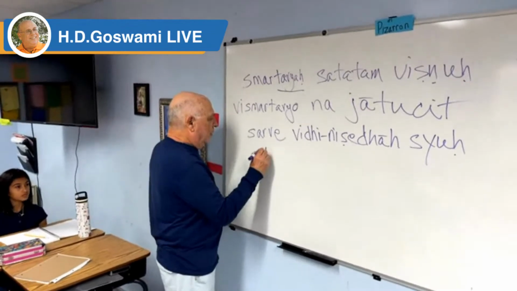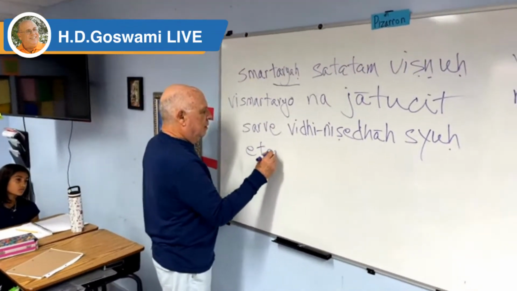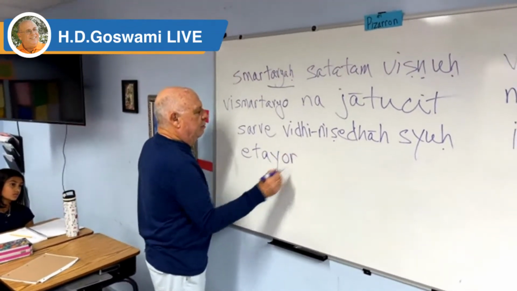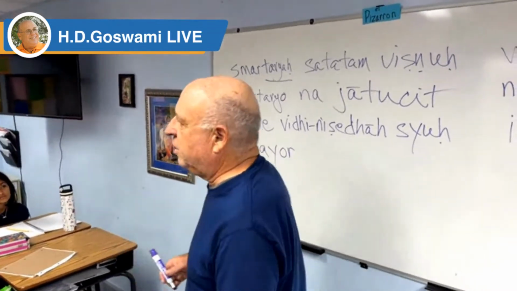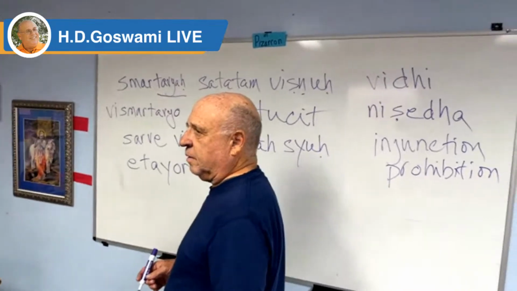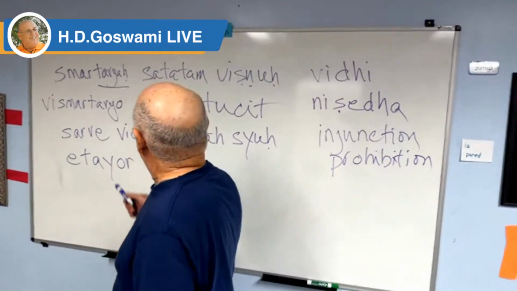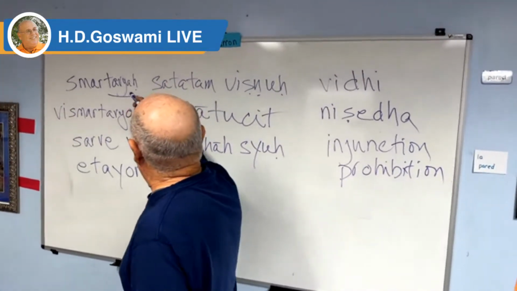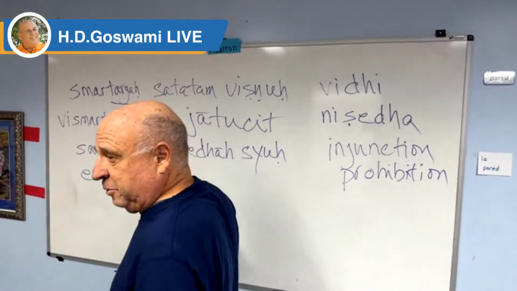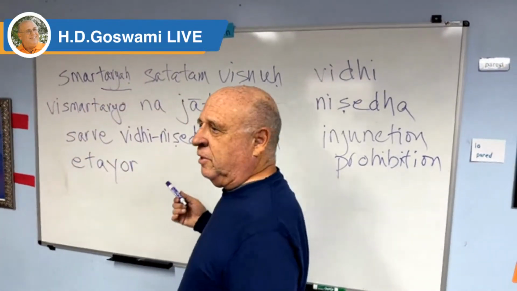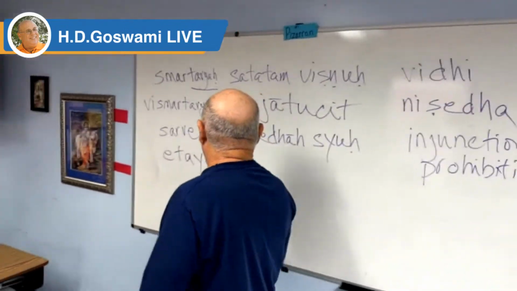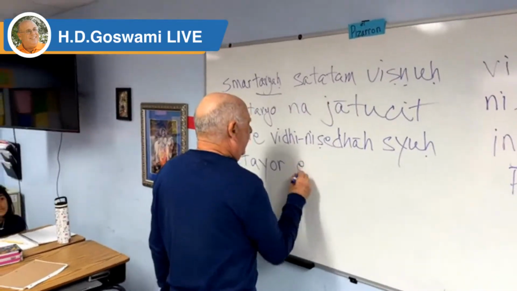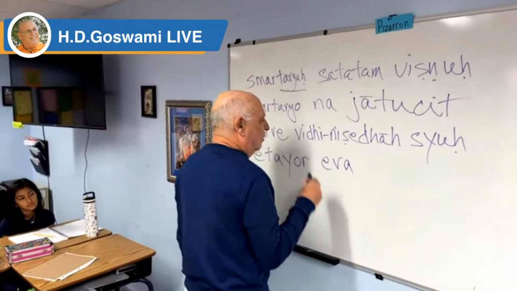So etayor means, in this case, of these two. So what are the two we're talking about? Do's and don'ts. Exactly. So of these two, and specifically of this do and that don't. Always remember Vishnu, never forget Vishnu. So etayor, of these two, eva, indeed, or only,